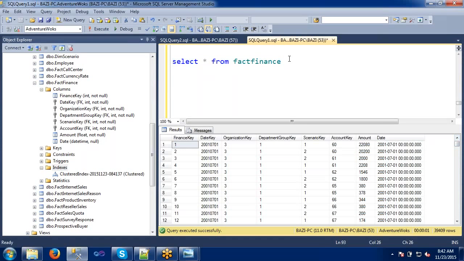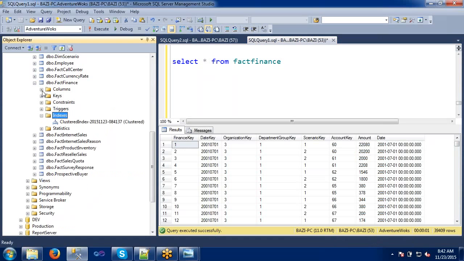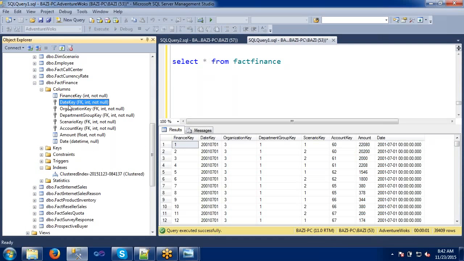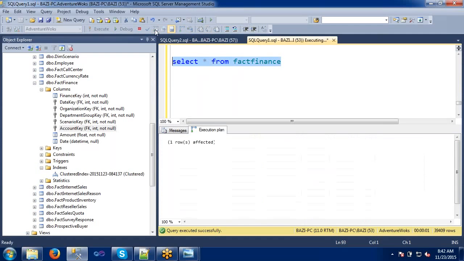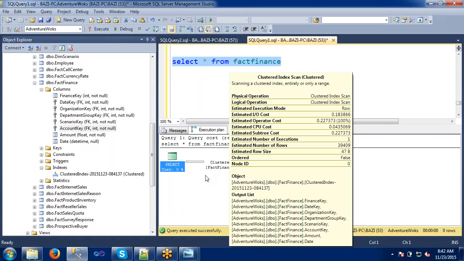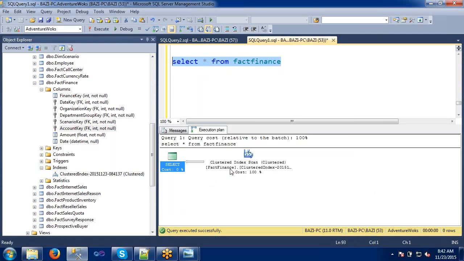Why? Because if you find huge records, then you can easily understand. Here the data is very, very less. It's only having some thousands of records. But what we can see, as I told you, is in the execution plan. It's trying to fetch the data using the clustered index only. The execution plan is using the clustered index on the table to fetch the data. This is how it will be when I load some lakhs of data.